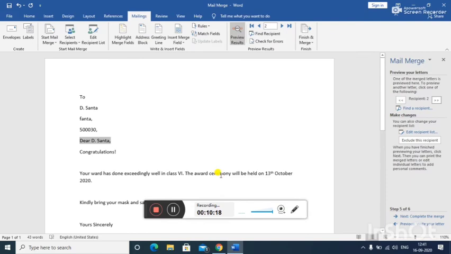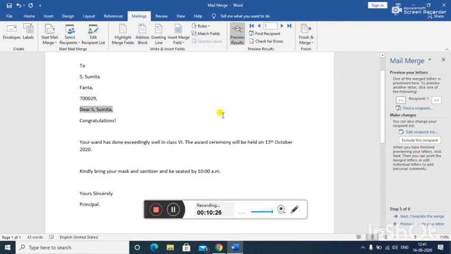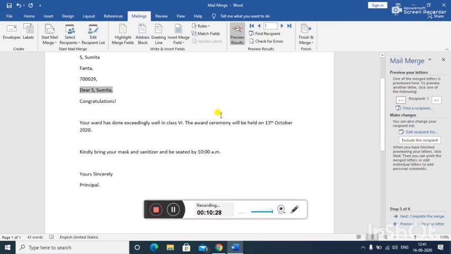So this is the mail merge feature, in which, as you can see, we have only written the raw things and the other things are getting added. Now this is a letter, and we have to send these messages manually. If you click on the email button, it will be sent automatically if you have the numbers in the Excel.